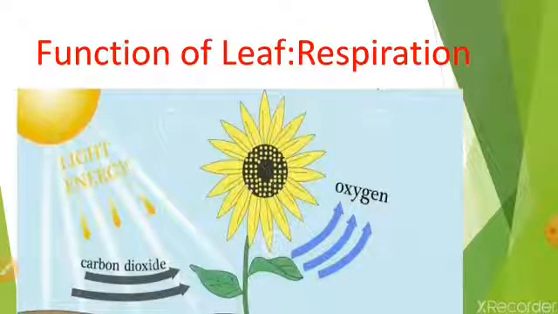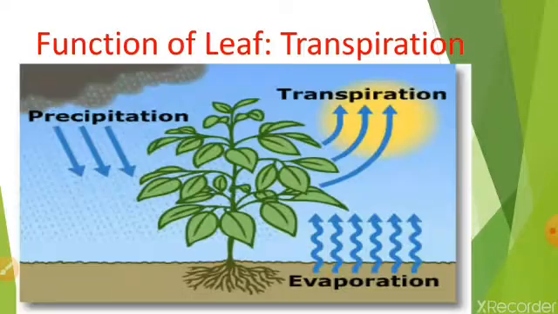And even leaves help in respiration. What is respiration? That means the exchange of gases takes place through the small pores called stomata, which are present on the underside of the leaf. And leaves carry out transpiration. What is transpiration? That means the excess water can be evaporated through these small pores called stomata. Children, now you clearly understood the importance of leaf.